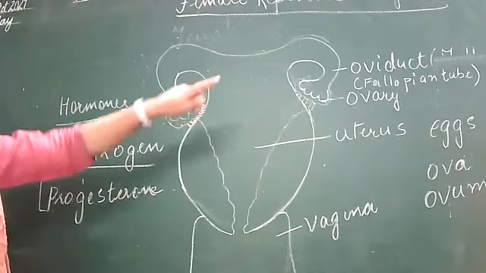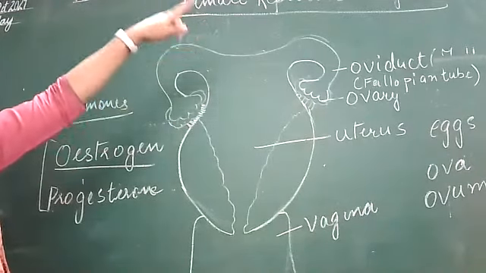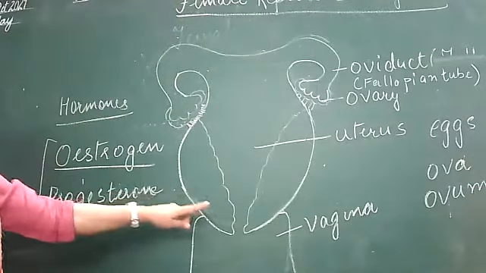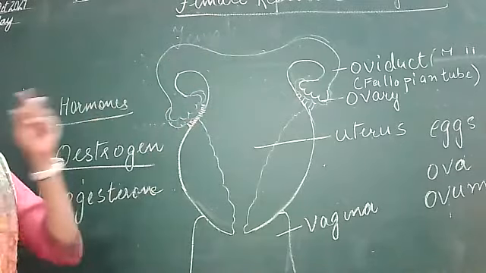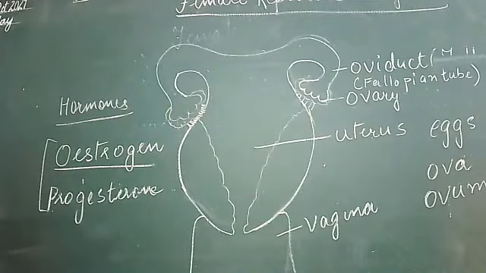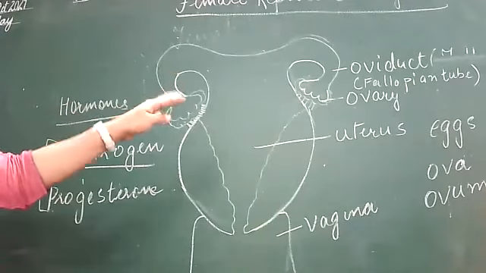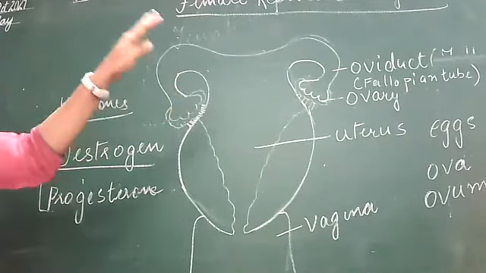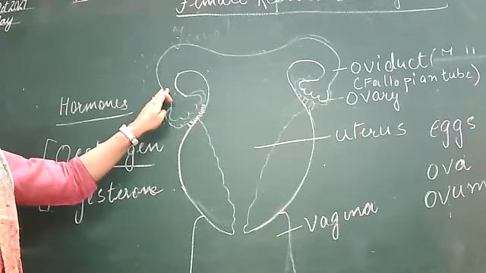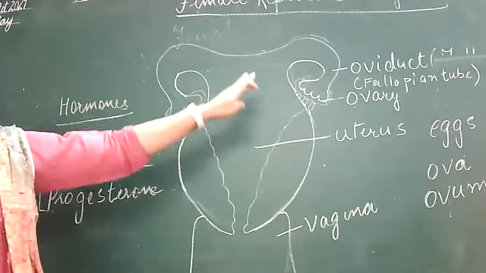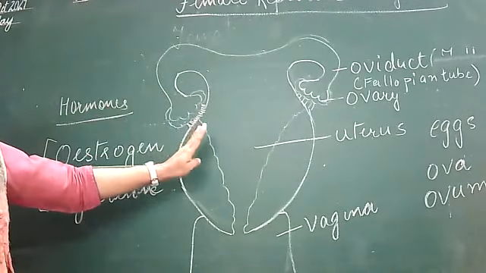Now you can see after the ovary, then the oviduct, then the uterus is there. This is a bag-like organ, and the main growth and development of the zygote into the baby take place in this uterus. Okay? Main development. Fertilization will occur in the oviduct, and then development and growth will occur in the uterus.